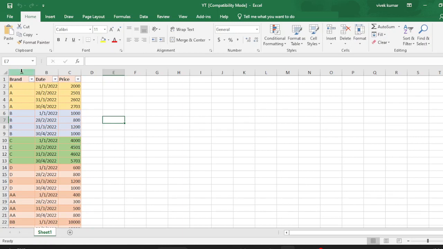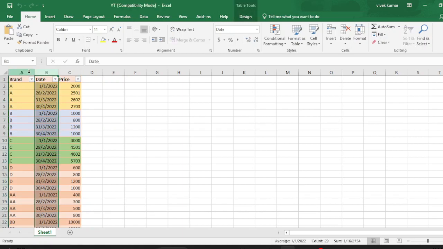In this question, we have a brand name. I have given names as A, B, and so on, and we have a date and the price. For any particular brand, customers are making transactions. Here you can see that for brand A on 1st of January the price was this amount, and on the 28th of February the price has increased by 501 rupees, so the new price is 2501, and so on. तो गाइज मेरे पास क्या है, हर एक ब्रांड का एक सेलेक्टेड टाइम पीरियड्स का प्राइस